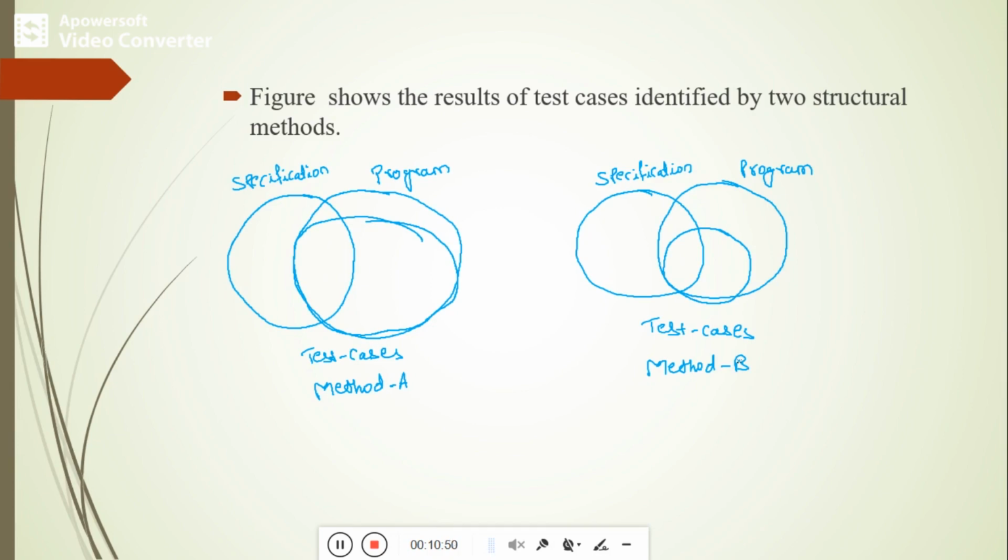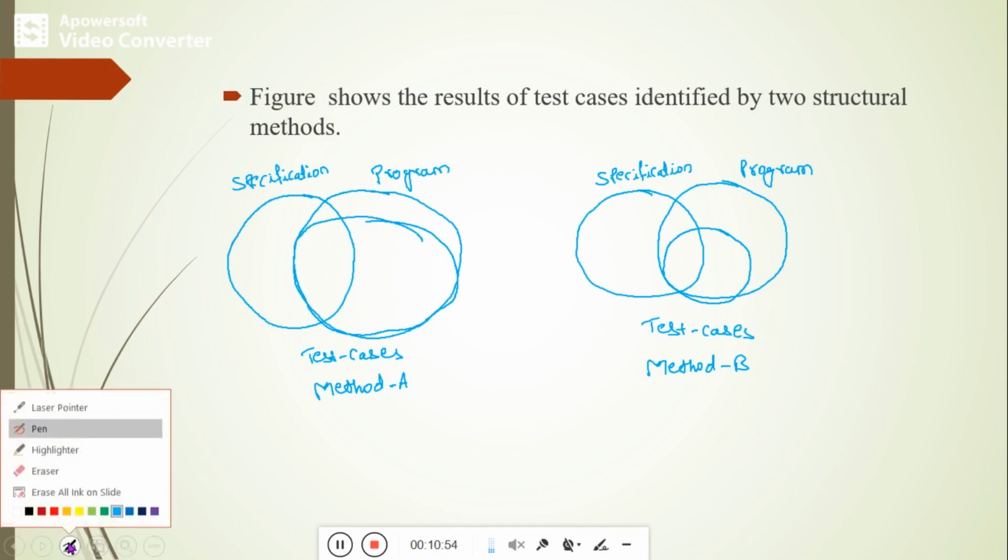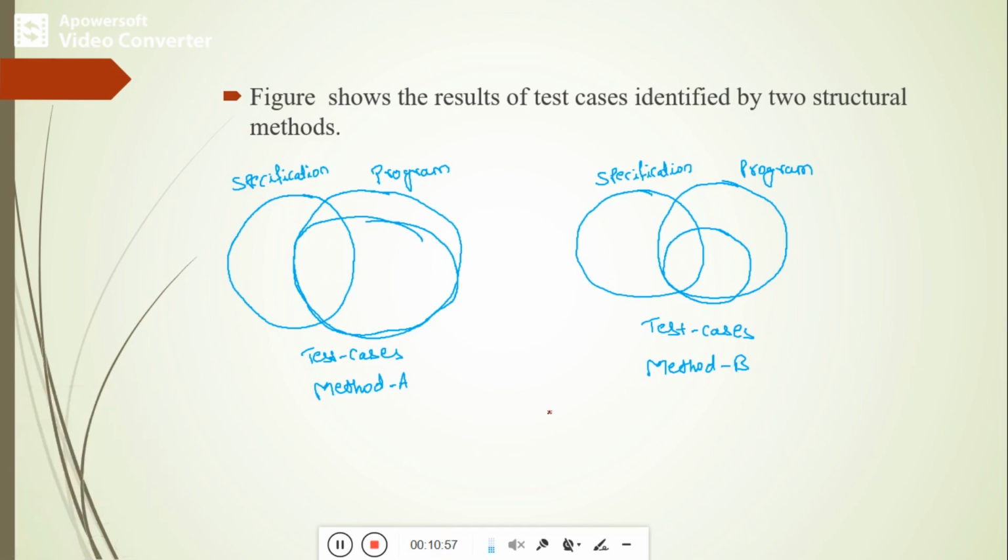So from this figure I can say this is the specification behavior part. Now this is the circle which is drawn for the program. Now this is the maximum number of test cases which we have covered, based on the program. Based on how the program has been written, the program behavior, we have written the maximum test cases.